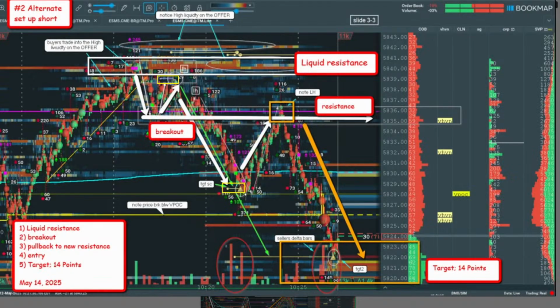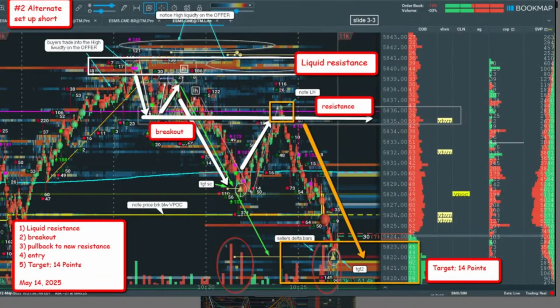When I looked at your trade, I looked at an alternate setup, because exactly what you said. I saw the breakout, and here's your liquid resistance, right? Then it came down, came back up, and then you had your breakout because I saw support turned into resistance. And just what you said, it went down to your VPOC where you exited, and then it bounced up and retested, and that's where your resistance is. That might have been something that others may look at as an entry for a trade.